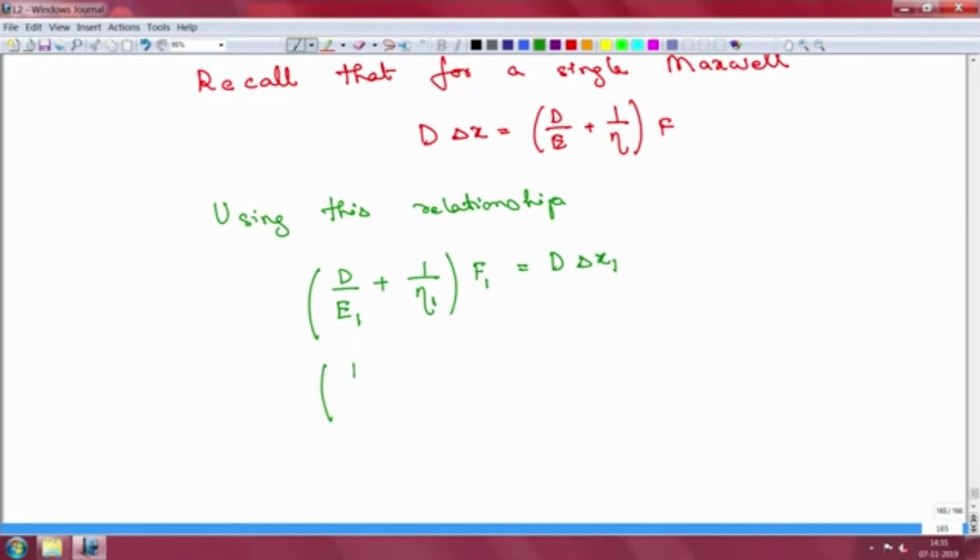Similarly, for the second Maxwell, we have d by E2 plus 1 by eta 2 of F2 equal to d times of delta x2. Now, the delta x's are shared, right. So, I can just as well drop this subscript, and if I drop this subscript, life becomes a little bit easier for us. But we have these F1 and F2 and we want to be able to